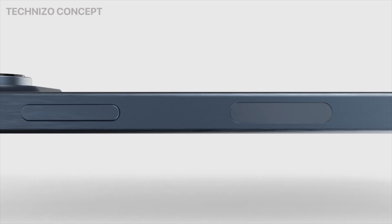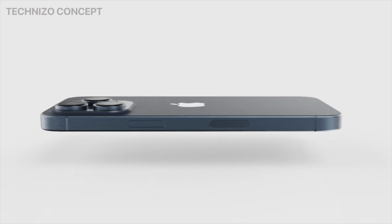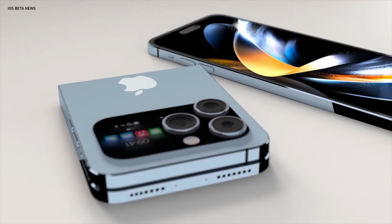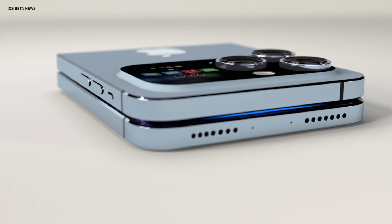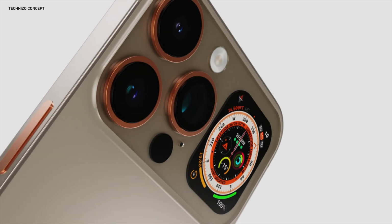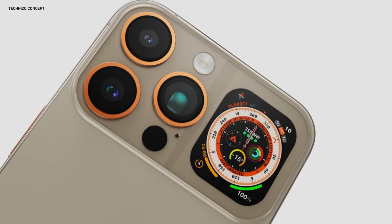Let me break down everything we know about the iPhone 16 lineup, the iPhone 16 Ultra, what new features we could see, some new colors, some new features, and sort of help you figure out if it's worth upgrading or not, and what are we really gonna see with the 16, and which of these rumors are just never gonna happen. Let me break it all down and tell you everything you need to know right now, and also give